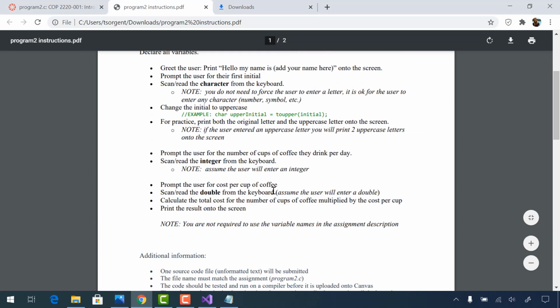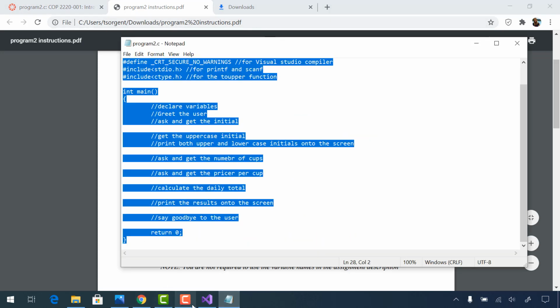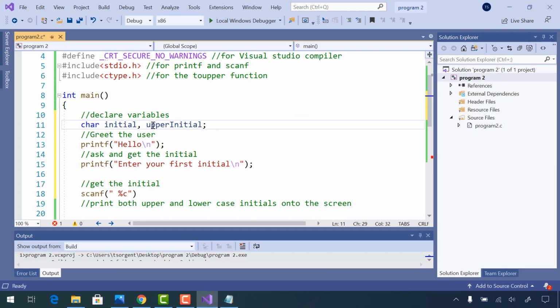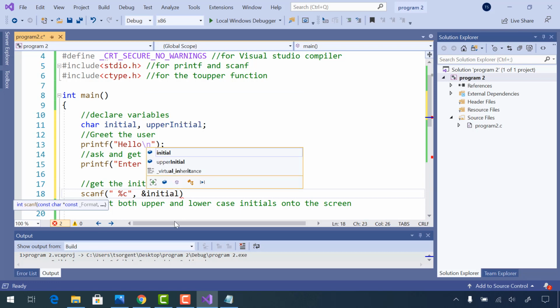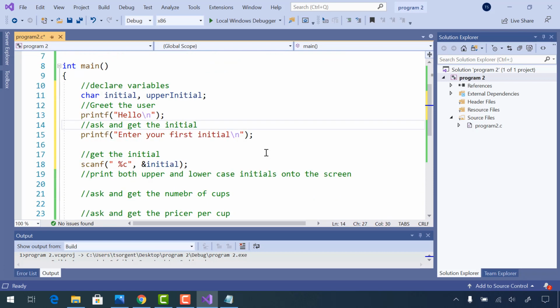Let's take a look. You get a character from the keyboard, and you get whatever character they enter, even if they enter a symbol, and you change it to uppercase, and then you print the original and the uppercase. So we only need to have the initial and an uppercase version of the initial. Address of, or ampersand, initial. All right, so we're going to ask the user to enter their initial. We're going to get the initial, and then we are going to